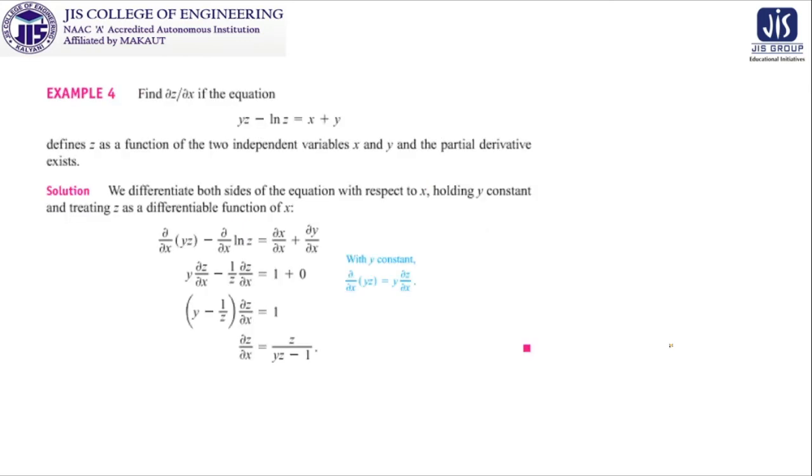Now the next problem is the calculation of del z del x. The thing is that this is the difference of this problem from the previous two. In the previous two cases, z is a function of x and y, so you get the functional expression containing x and y only. That means you can separate z is equal to this.